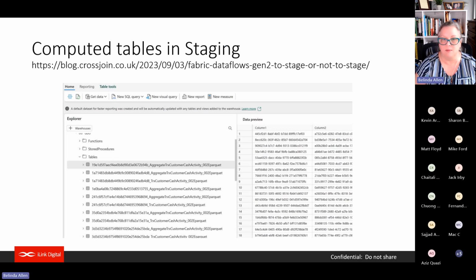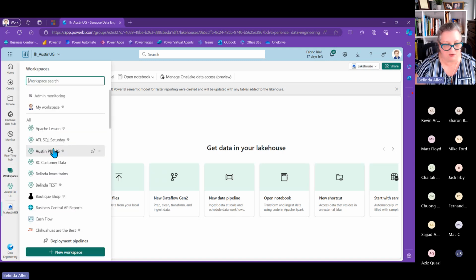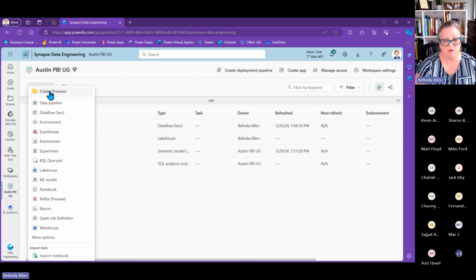Okay, I keep pulling up my wrong browser. Okay, so we should be pretty close to being where we want to be. Let me go back to the group here. So we have our model listed right here. Our data was in as part of our model. Now what I'm going to do is add a pipeline to it. I could go straight and add it to the lakehouse, which probably would be easier, but I'm going to do it right here.